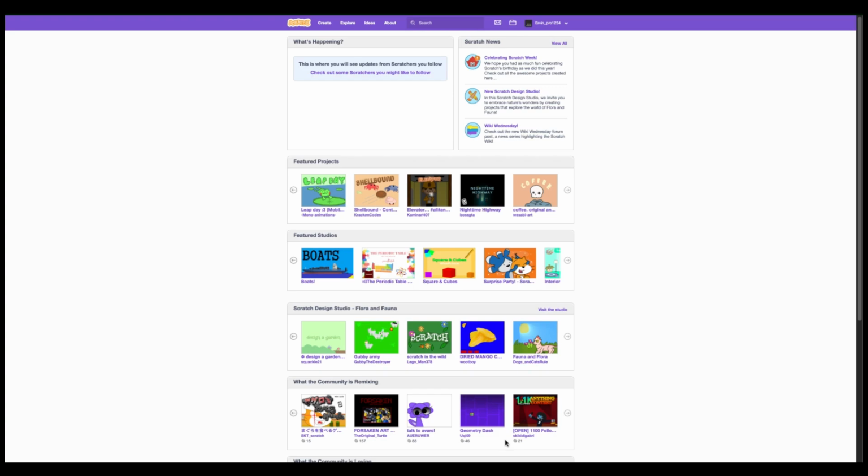Amazing tutorial. In today's tutorial, we'll learn how to make a falling asteroid game or any object where you have to avoid it. So we're first gonna go to the home page, which is scratch.mit.edu. If you don't know what Scratch is, it's a simple online website to create and share your games. We're going to be going on the Create tab,